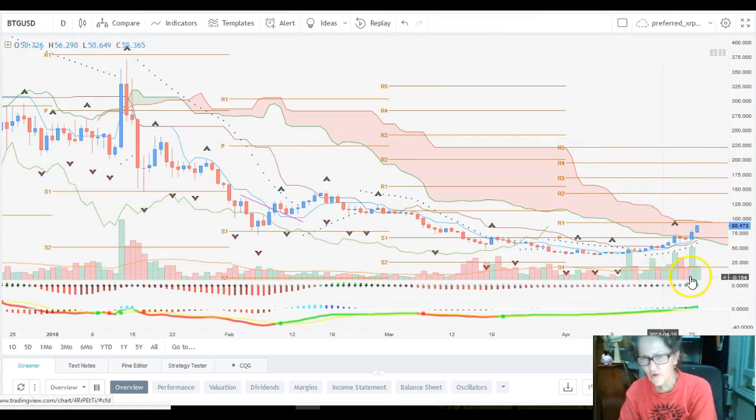And if you look at the volume here, it's done quite a bit of volume. The volume is getting bigger and bigger and bigger. So look, I'm still buying this. I think it's really cheap for my portfolio. I like it. And there's a lot of reasons why I should be buying this Bitcoin Gold rather than Bitcoin,